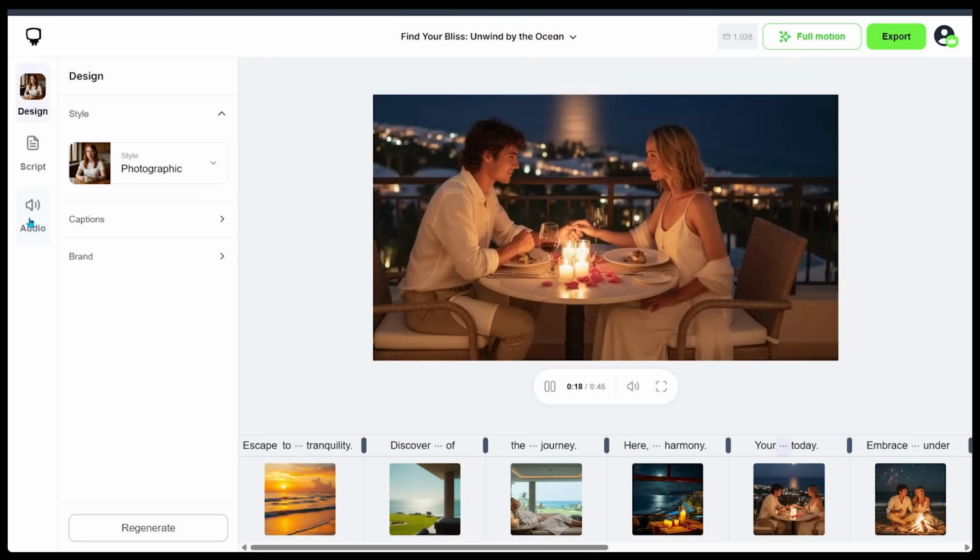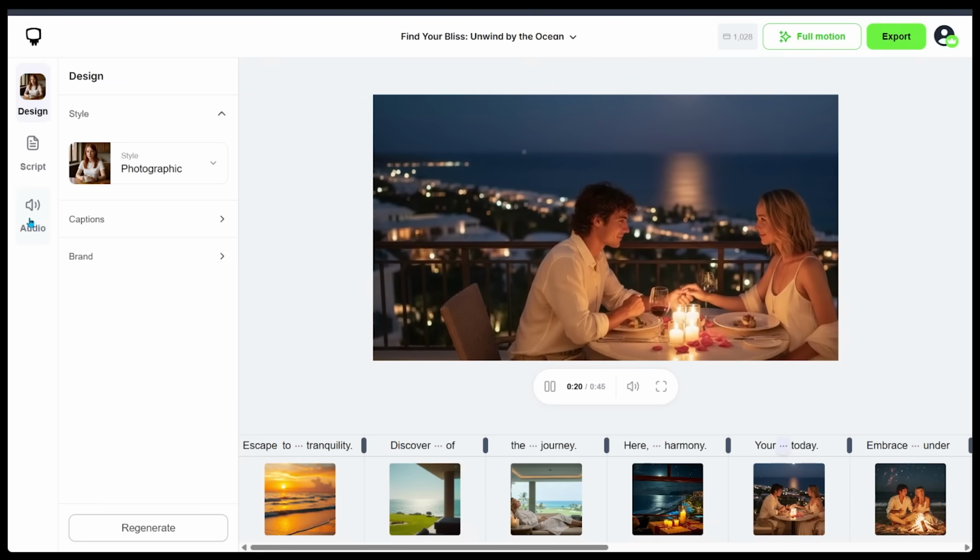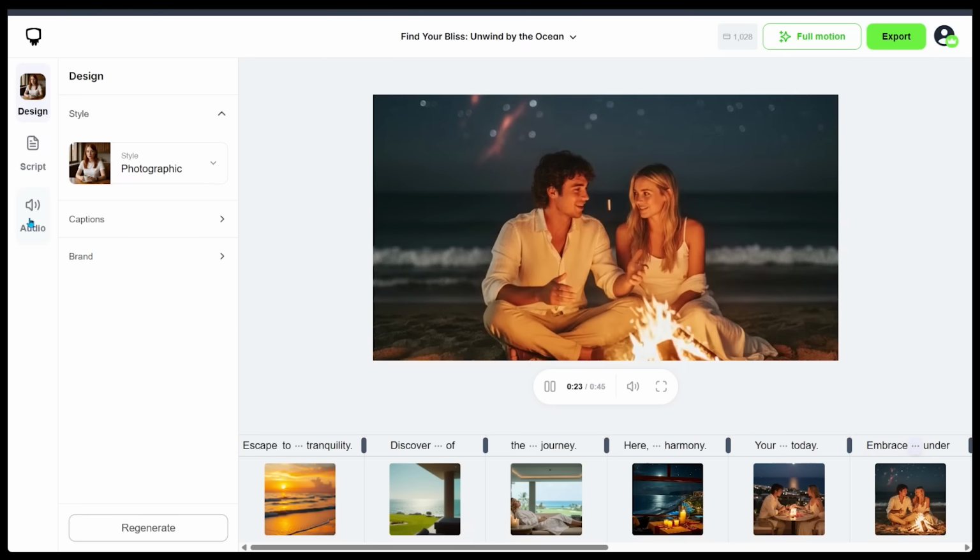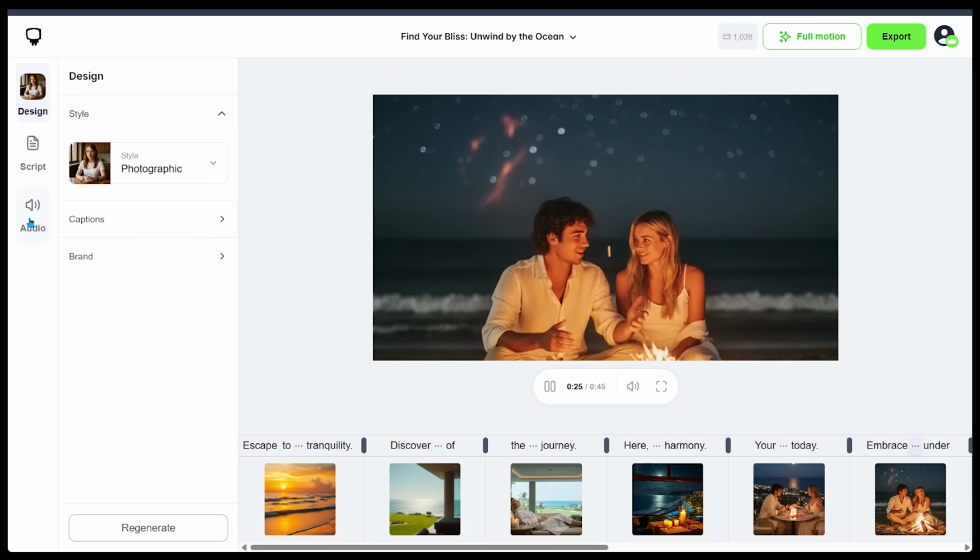Your unforgettable oceanside retreat awaits. Book your escape today. Embrace the warmth of the night, where stories are shared and laughter echoes under the vast